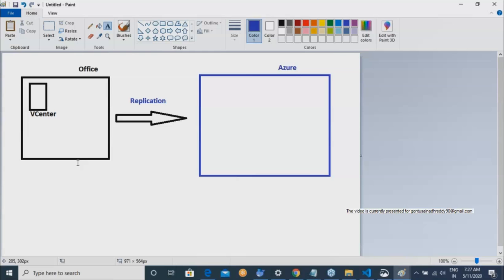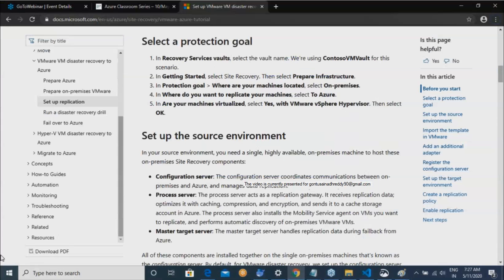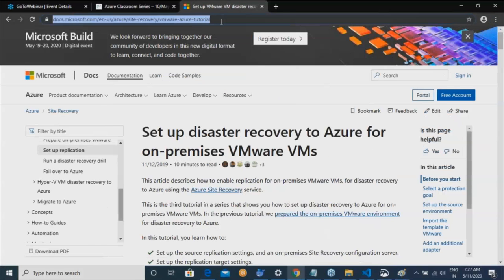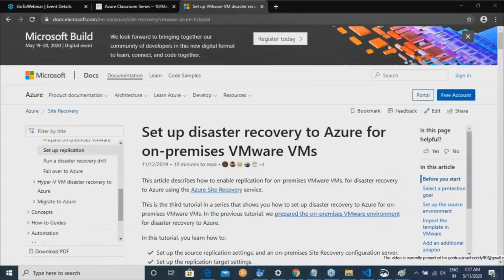But it is definitely possible for you to do this activity. Whenever you do this activity, you can do all sorts of replications. You have to just follow the documentation. So what I'll do is, I'm just giving you VMware.